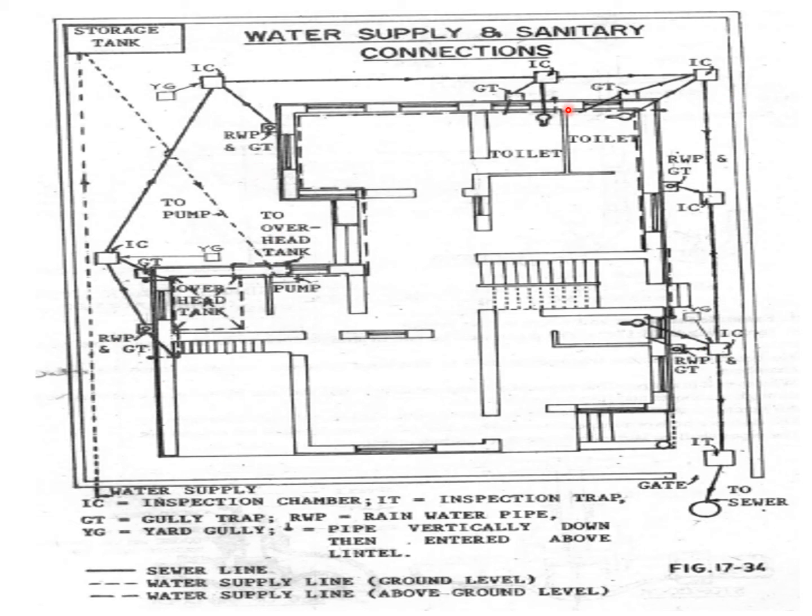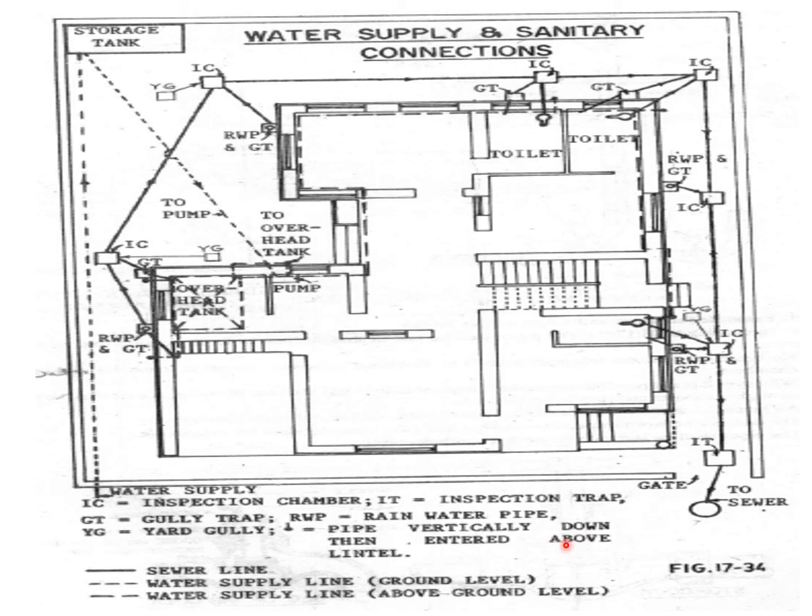This is the floor plan. This is where the entire sewage is connected. Even if I have several sewage outlets, they are carried to one single stretch, then carried to the main sewage line. IC is the inspection chamber, IT is the inspection trap that can be provided, GT is gully traps, and there are rainwater pipelines, yard gullies, and pipes